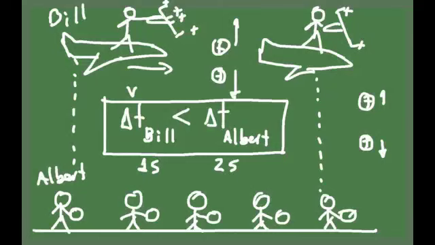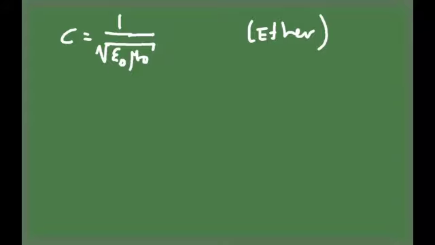This constancy of c once again stems straight from Maxwell's equations. These equations, as we've seen, tell you that the speed of light is 1 over the square root of epsilon 0 mu sub 0. But there is no particular system of reference that you are required to use to solve Maxwell's equations. Before Einstein, most people thought that c was the speed of light with respect to a particular medium, which was called the ether. But this idea is in violation of the Newtonian idea that all inertial systems of reference